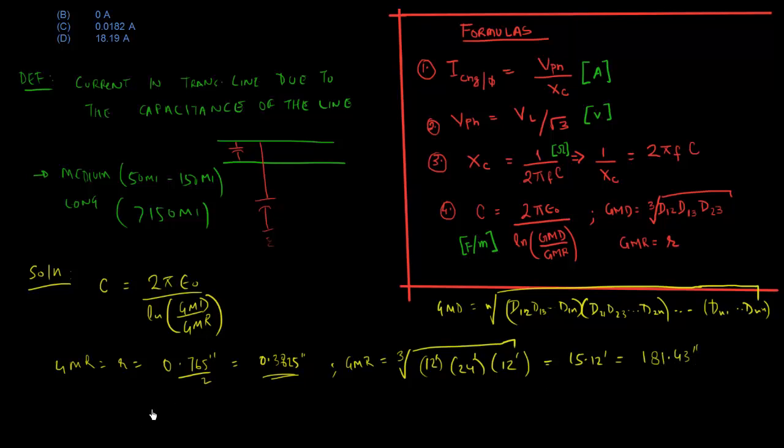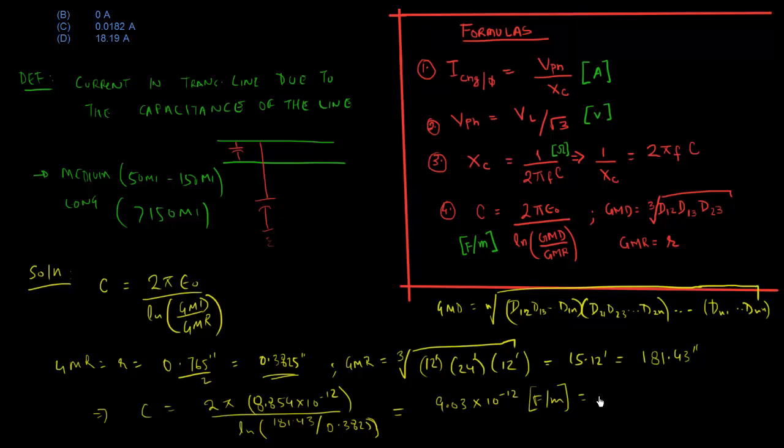181.43 inches. So when we calculate our capacitance, it'll become 2 pi. We know epsilon naught is a constant, which is 8.854 times 10 to the power minus 12. And then you have divided by ln of 181.43 divided by 0.3825. And when you calculate this, you should get a capacitance of 9.03 times 10 to the power minus 12 farads per meter, or